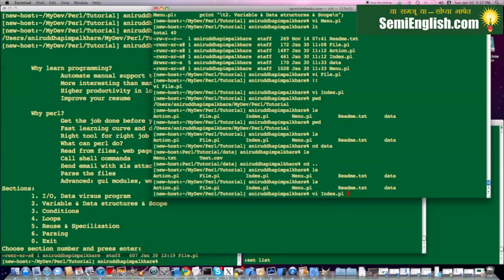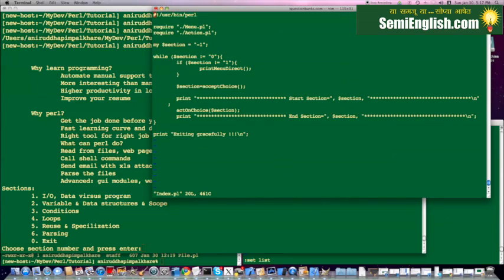Let me open this index.pl here. Okay, so since this is your first Perl program, don't get distracted with a few things. Even if something doesn't make sense at this stage, just please hold on here. Towards the end of this tutorial, hopefully things will be clear to you. Right now, if you look at this, the very first line